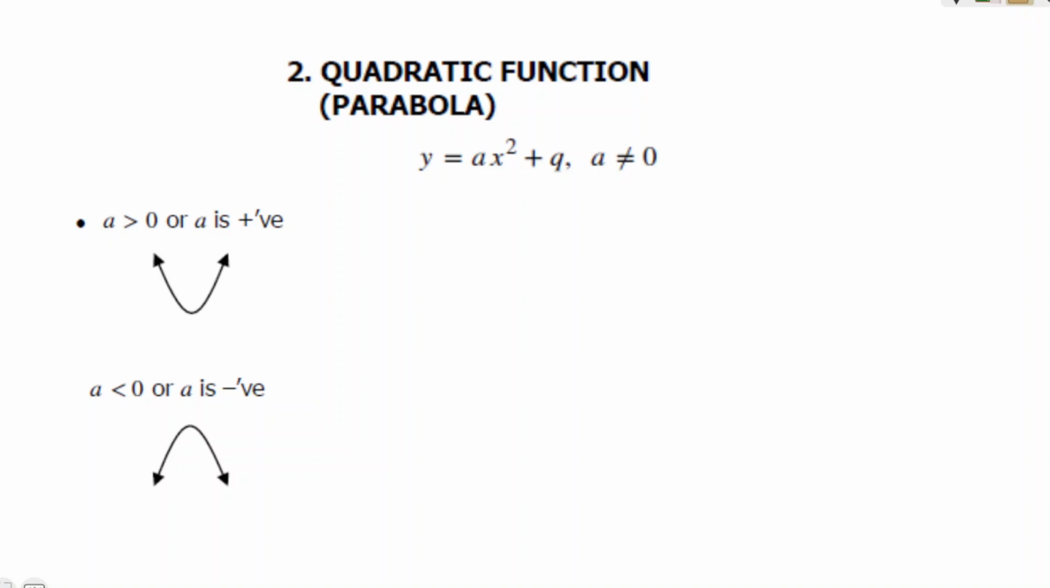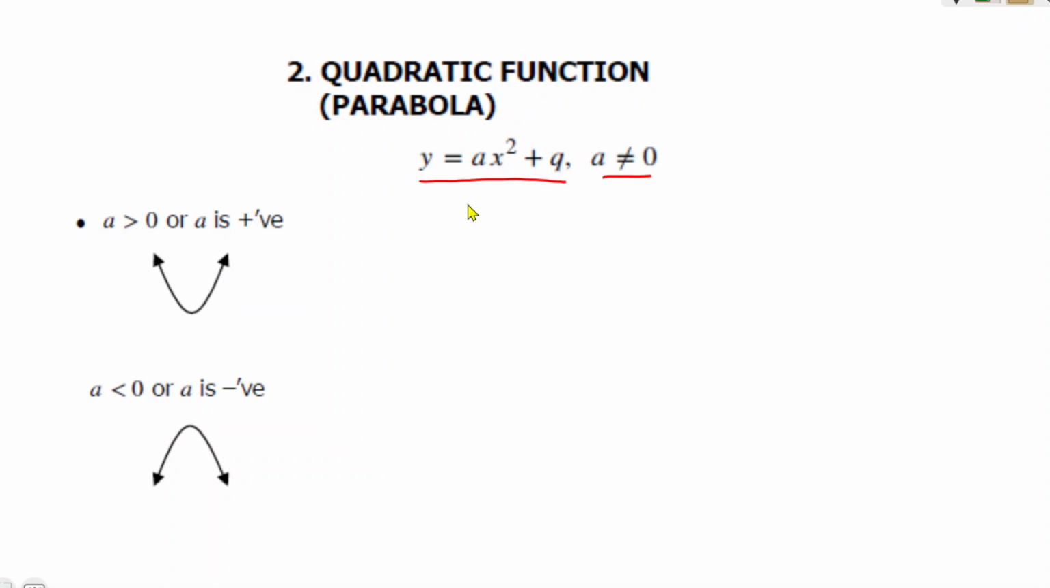So in the previous video, if you remember, we did the straight line graph. So now we are doing the quadratic function or the parabolic graph. The parabolic graph has this formula that says y equals ax squared plus q, where a cannot be 0. So we are going to deal now with this type of graphs, which are called parabolic graphs. So let's first explain these